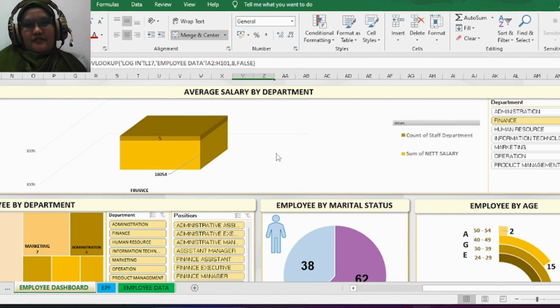For finance, we have 5 staff in their department, and their average salary is 18,054. For human resource, we have 4 employees in their department, and their average salary is 15,133 ringgit and 50 cents. For information technology, we have 5 staff, with an average salary of 16,107. For marketing, we have 7 employees in their department, and their average salary is